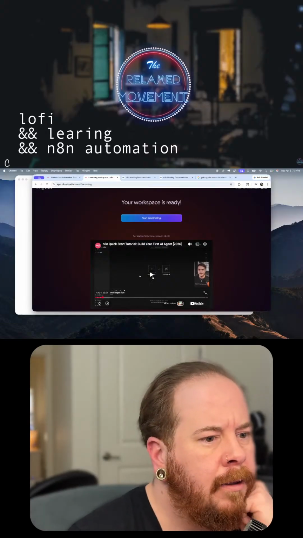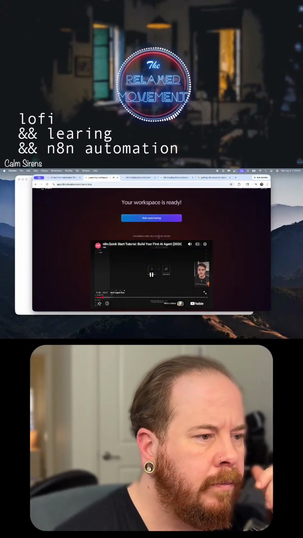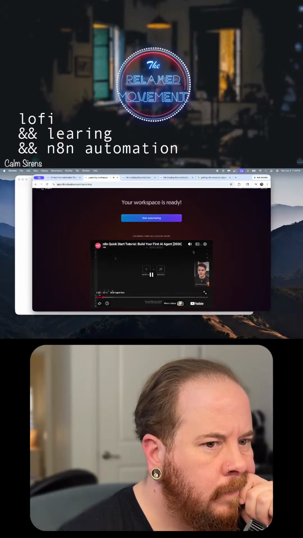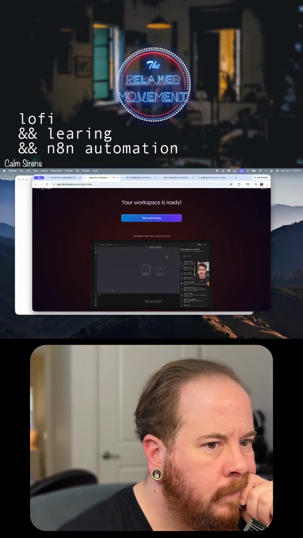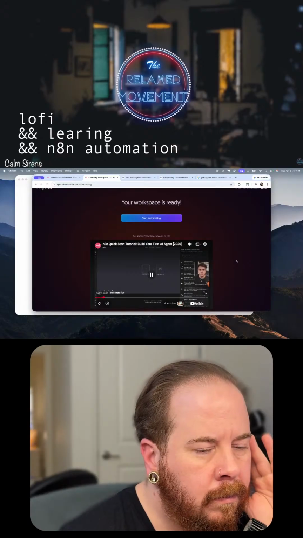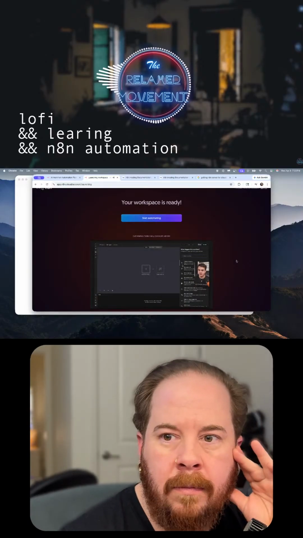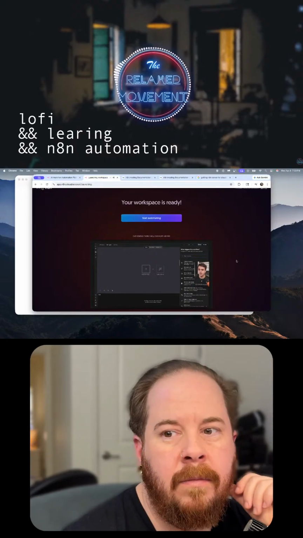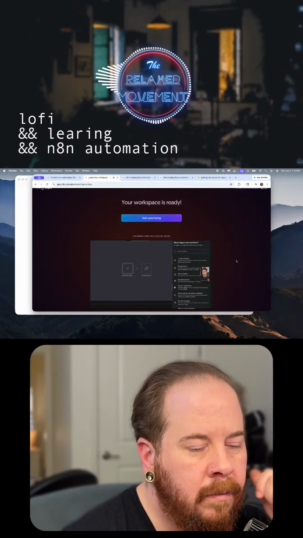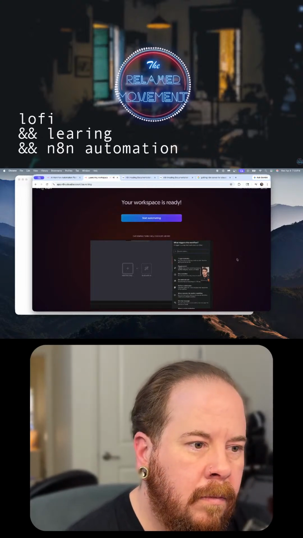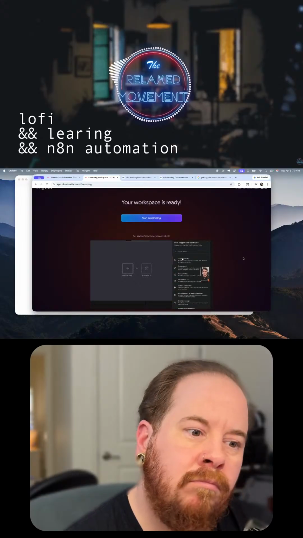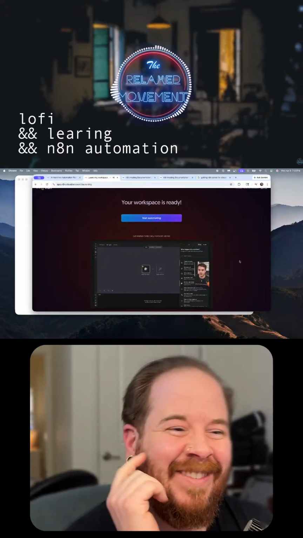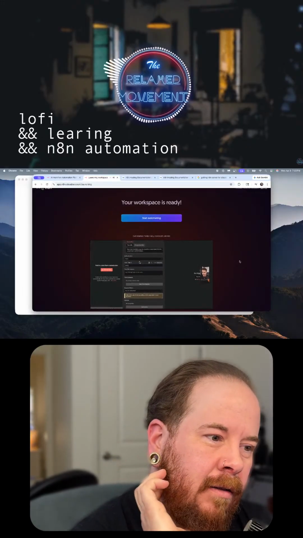Let's see. In the workflow canvas here, the first thing we can do is give our workflow a name. So QA ingest, and then we add the first step of the workflow. In n8n, we have triggers and actions. Triggers start our workflow, and then actions perform steps inside your workflow. Since we want to capture a number of details from a user and then submit that to a knowledge base, a web form is a pretty good trigger for us here. We're going to use n8n's native trigger, but you could, for example, use a third-party trigger. But since n8n pays my salary and we have a native form, we're going to drag on the on-form submission trigger. So let's give this form a title. This is the QA submission form.